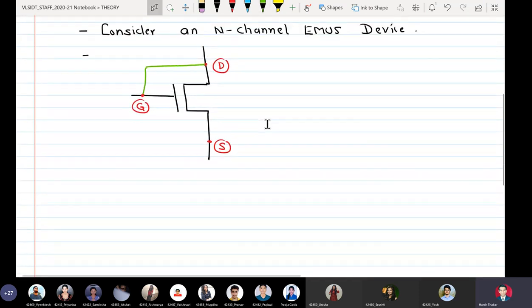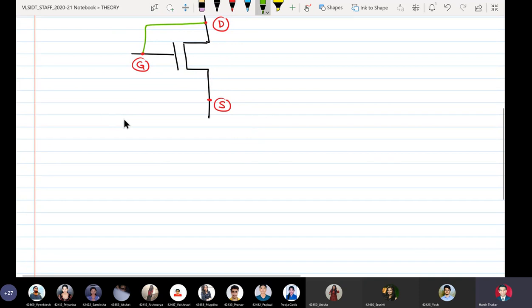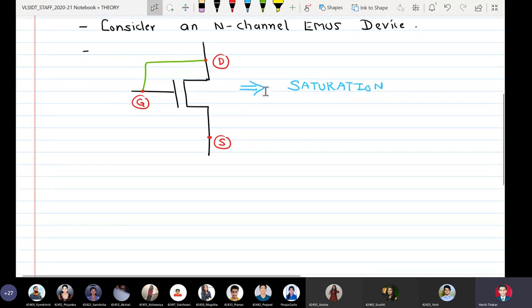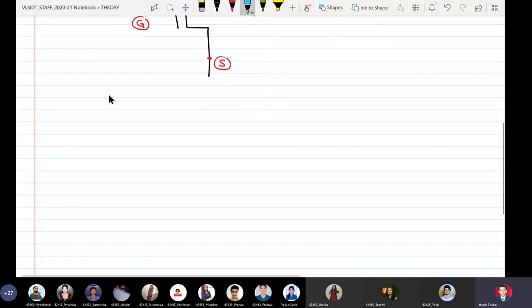So somebody may say, sir, yes, the answer is saturation region, but then I can ask a question, can you justify mathematically that a MOSFET enters into saturation if drain and gate are shorted? So this is how you justify mathematically that it operates in saturation. So first I'll write the answer and then we'll justify. Theory says that a MOSFET with drain and gate shorted actually is in saturation region, because one such device we are going to use in the discussion today.